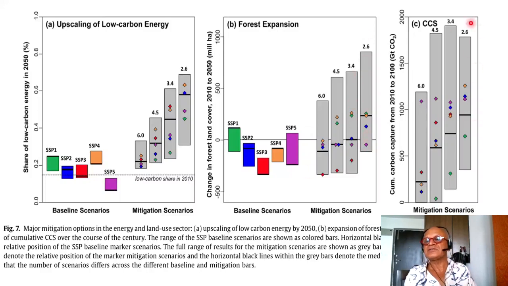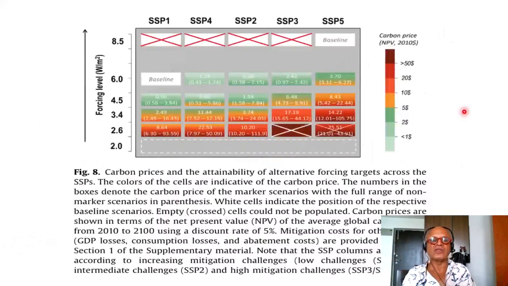And CCS 2.6 relies somewhat less than 3.4 and 4.5 in the maximum, but in the minimum it's up here. So obviously, in terms of gigaton CO2 between 2010 to 2100, are these numbers achievable? We are relying on that being the case. Looking finally at the forcing level in watts per meter squared and carbon price, this is important, even though it's